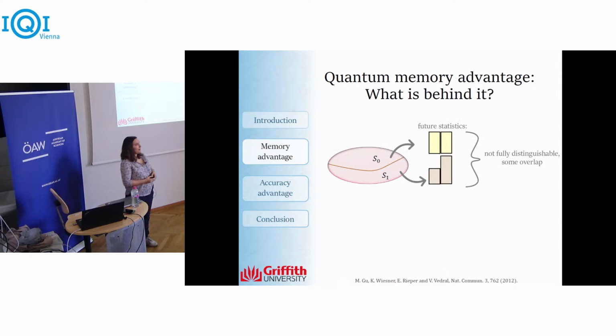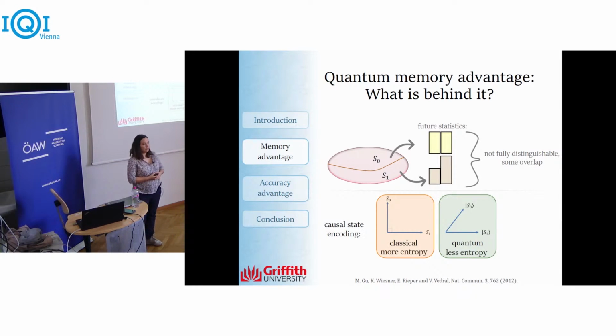Okay, so two paths are in different equivalence classes if they don't have identical future statistics. But it can happen that there's some overlap in the futures. They're just not exactly the same. But in classical encoding, you need to encode those two causal states orthogonally. By contrast, in quantum encoding, you can use non-orthogonal states in general, and this will reduce your entropy and therefore